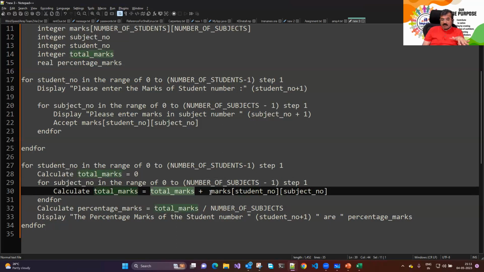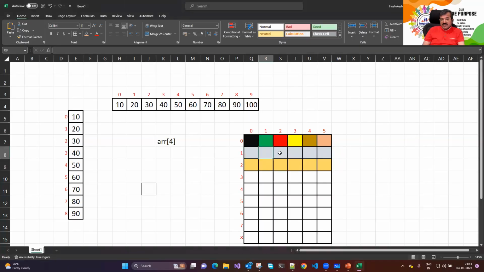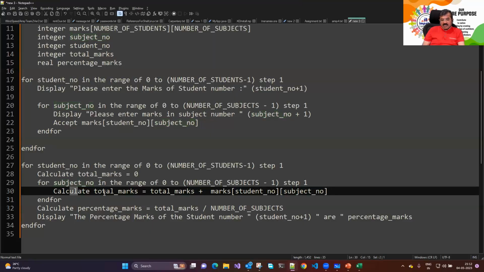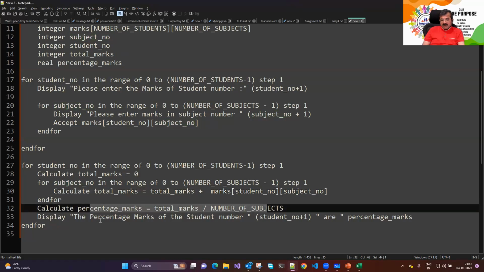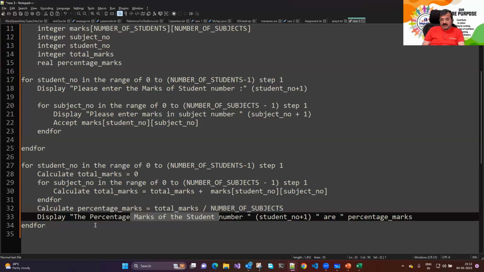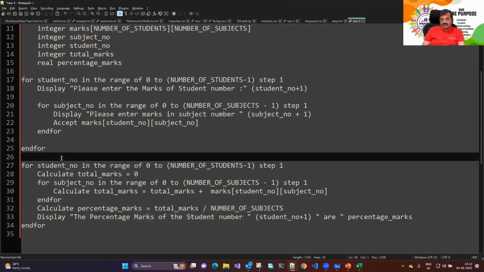total marks equal to 0 plus marks of ये आएगा 1,0, 1,0 क्या आएगा, 1,0 ये है, 1,1 ये है, 1,2 ये है, यानी ये ऐसे ये 1,0 है, then this is 1,1, then this is 1,2, then this is 1,3, then this is 1,4 and this is 1,5। ऐसे करते हैं हम लोग सब्जेक्ट, सारे सब्जेक्ट से मार्क्स कवर कर लेंगे। और ये टोटल कर लिया हमने और फिर परसेंटेज फाइंड कर लिया और उसे प्रिंट कर लिया। सो दिस हैज टेकन केयर ऑफ प्रिंटिंग द परफॉर्मेंस ऑफ every student, percentage marks of every student we have printed।